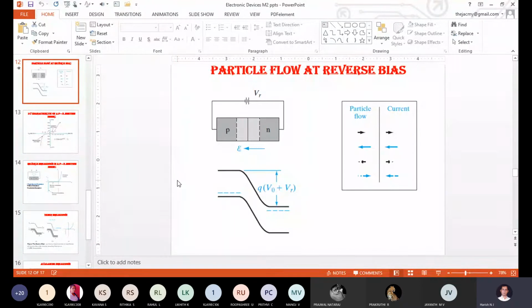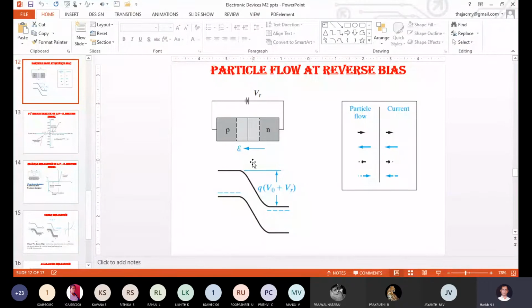At the same time, when we apply the external voltage from the battery, how the built-in electric field gets modified, sometimes increased, sometimes decreased, correct? We also learned this. Now, can anyone explain when the built-in electric field increases and when it decreases? I am speaking about the built-in electric field now.